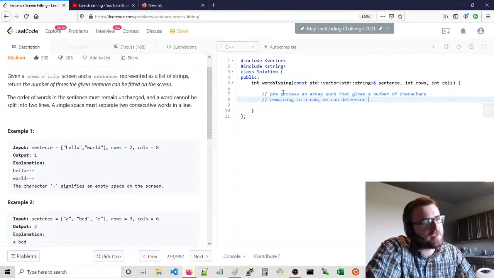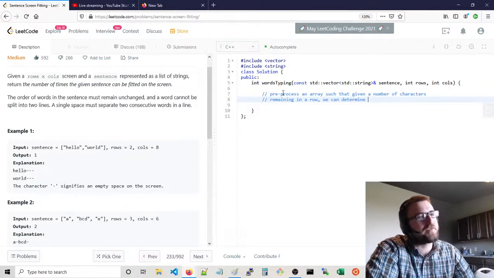It's confusing, right? I'm not even expressing it properly. Given a number of characters remaining in a row, we can determine